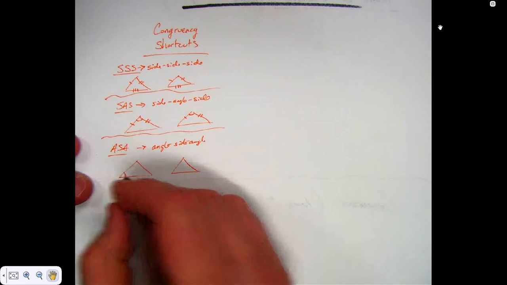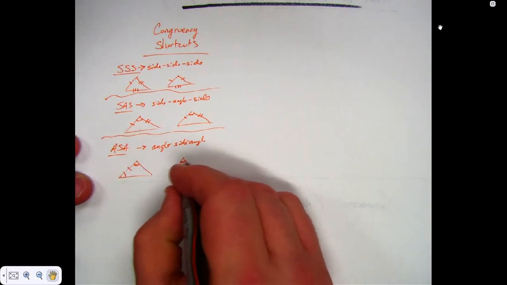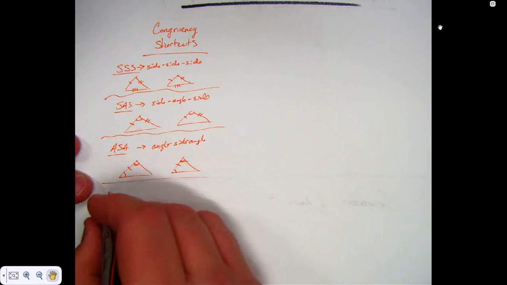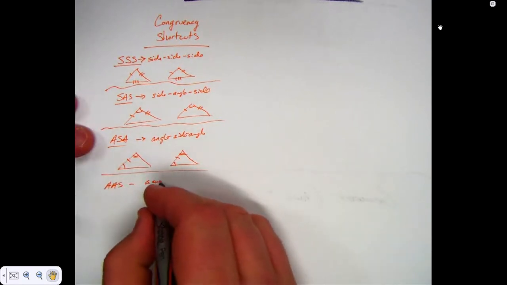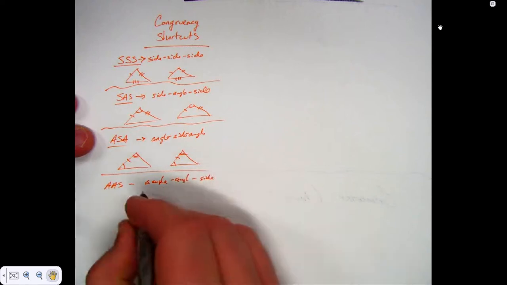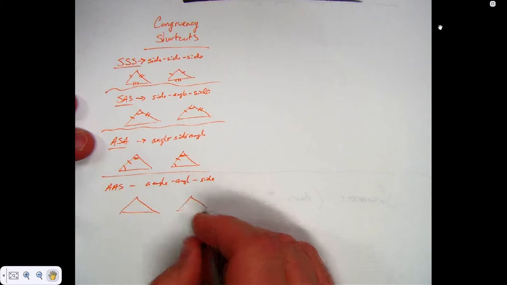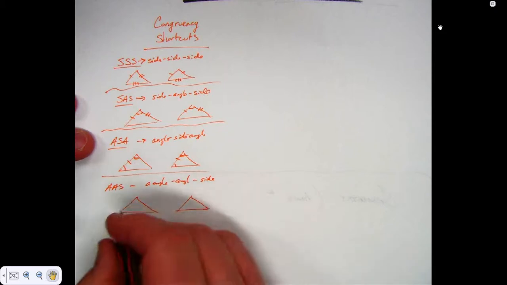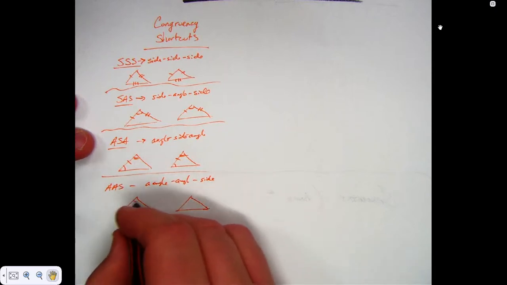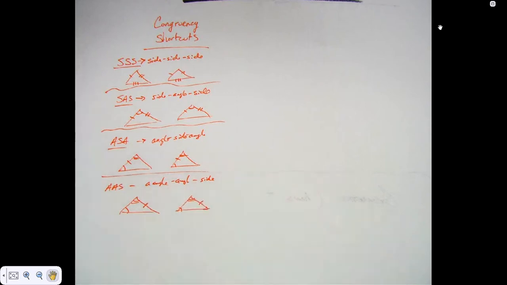Okay, so that means you got angle, then the side, and then the angle. And then there was angle, angle, side. I know that's not very legible, but I think at this point we should know what the letters represent, right? Remember, that was two angles and then the non-included side. Okay? The reason I bring these up